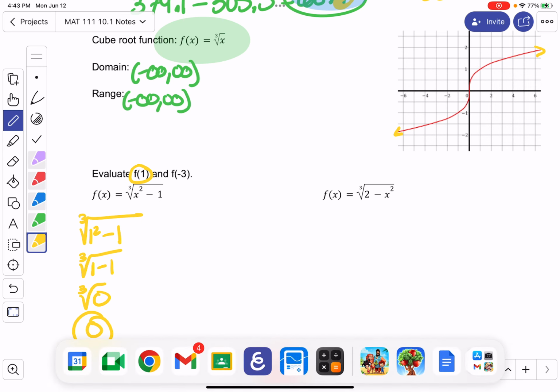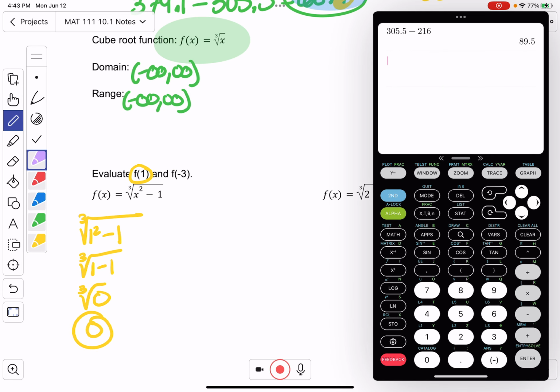Let's say I wanted to put it in the calculator. I'll do the -3 right in the calculator, if I can get it up. There we go. So remember the cube root is math 4, so I'd hit math, go down to 4. Then instead of x, I'm going to put -3 in parentheses, squared minus 1, and that's going to spit out the answer 2. If you did that by hand,